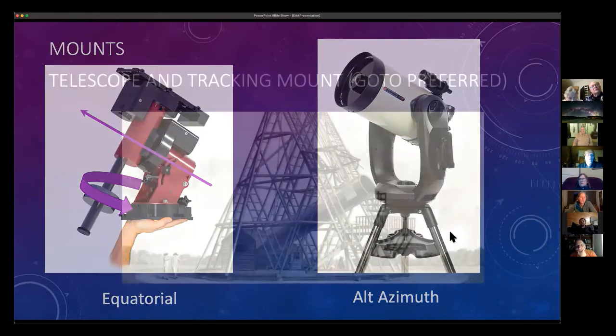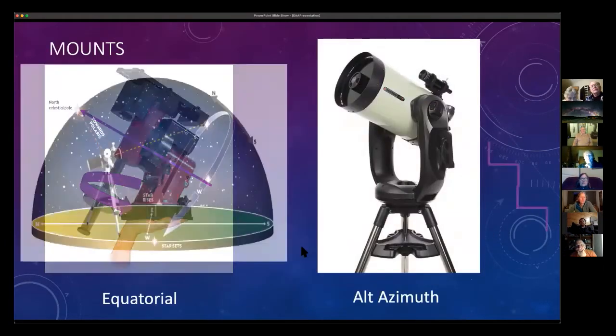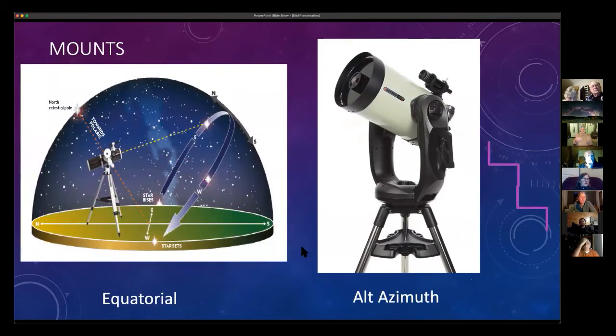So when you're using these mounts, with an equatorial mount, if a star rises in the east and sets in the west, theoretically, I could track that star all the way across the sky, only revolving around the one axis. Now, when I started in astronomy, if you were going to take any pictures at all, you would need an equatorial mount. There was absolutely no way to do it with an alt-azimuth mount. Today, the situation is different,